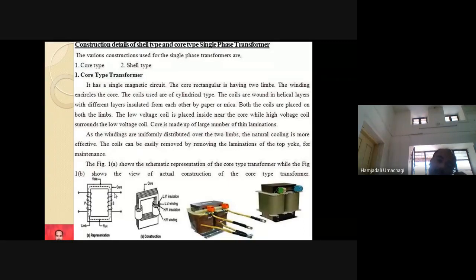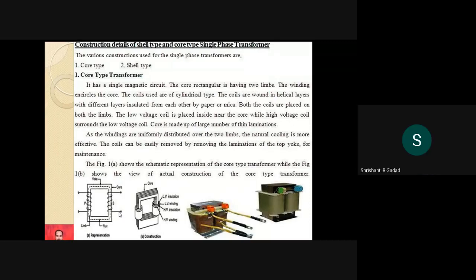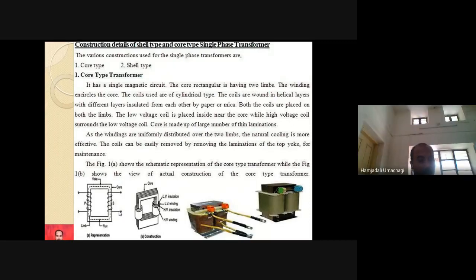And that too, if I change the load on the secondary side, the current drawn by the winding will change. If current is going to alter, then automatically copper loss will change. What is the formula for the copper loss? Yes, I square R, sir. I square R. If current I means here I2, so if I2 changes, automatically copper loss, I square R, will change.